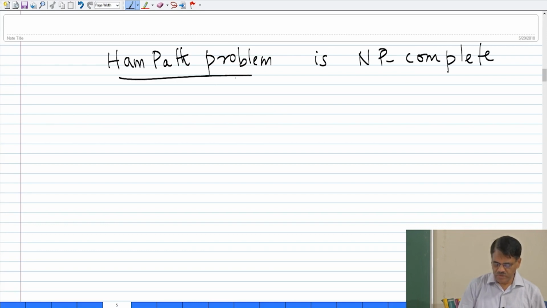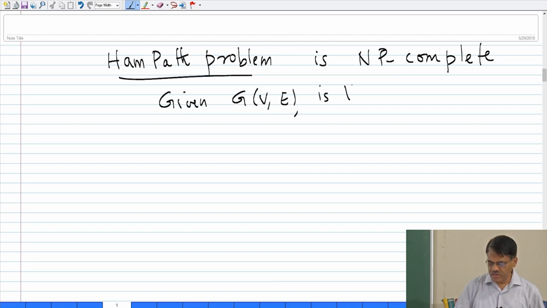Okay, so what is the problem? Given graph G, is there a path, a simple path